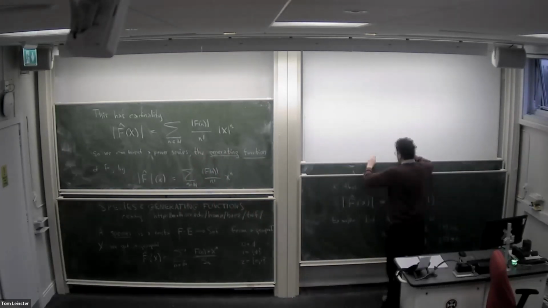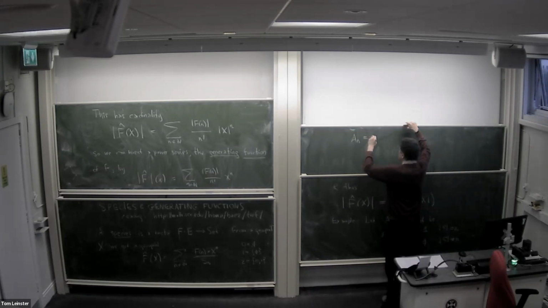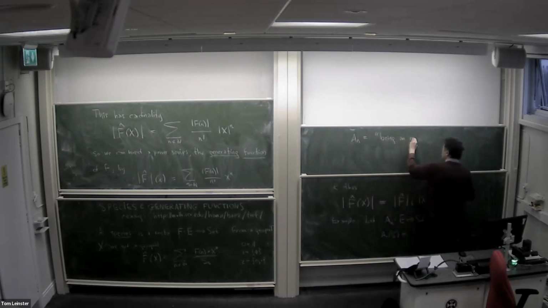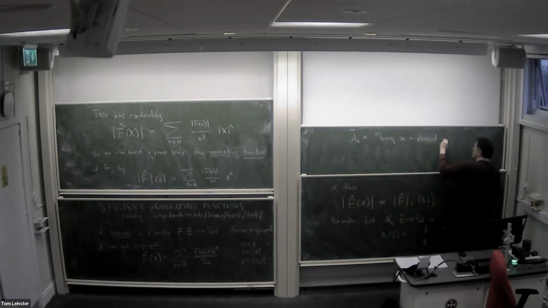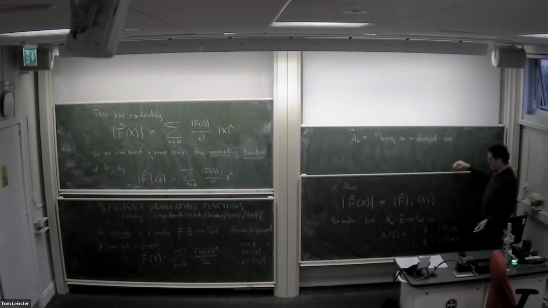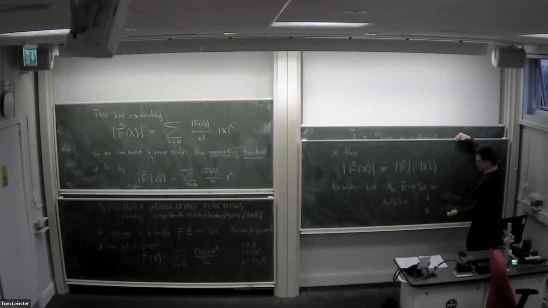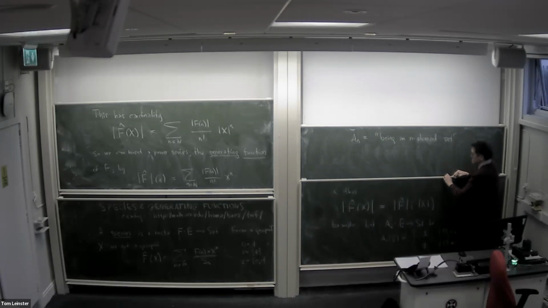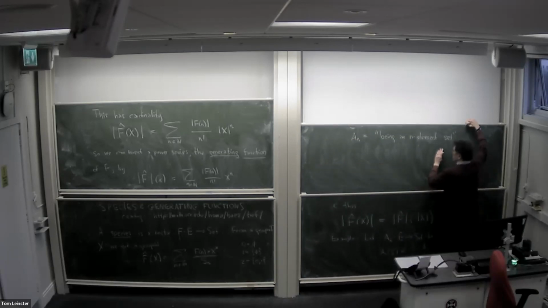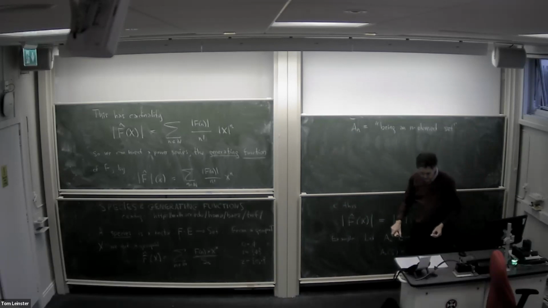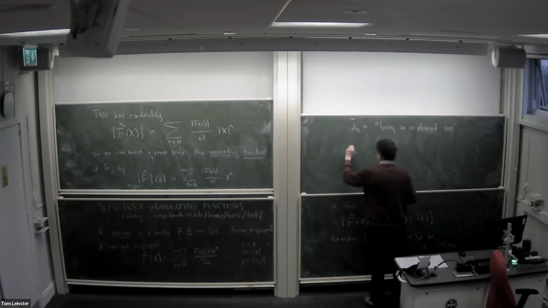I like this sort of slangy description of species. I would call this thing being an n-element set. So that's a property of finite sets. They can either be an n-element set or not. And so there's either one way for a set to be an n-element set or none. So it's a funny structure that's just a property. So we can look at its generating function. So first we can look at A_n hat of some groupoid x